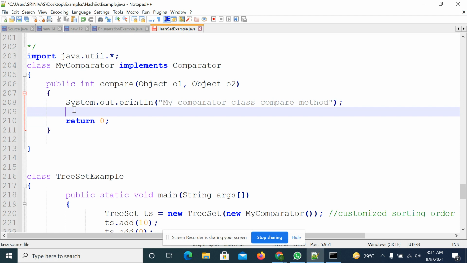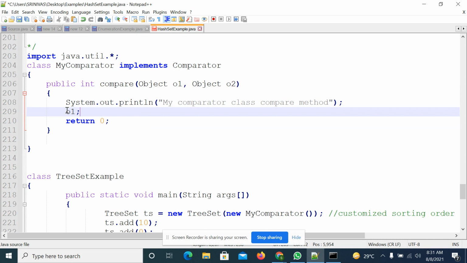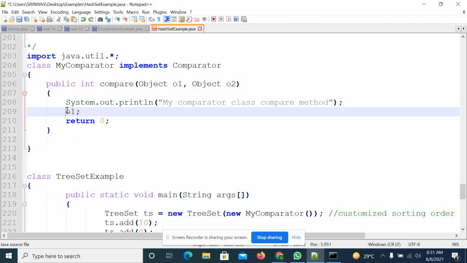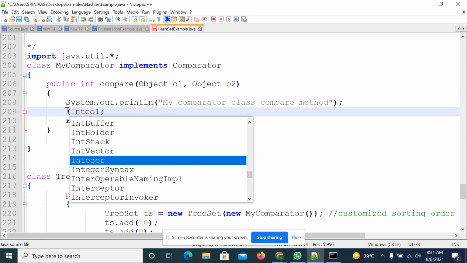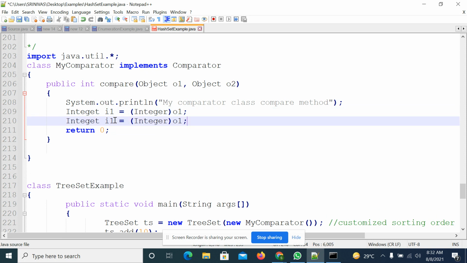First collect o1 and convert that into integer type. Save it into an integer variable, that is i1. Same way take the second object o2 and convert it into integer i2.